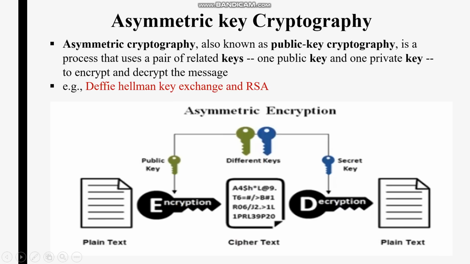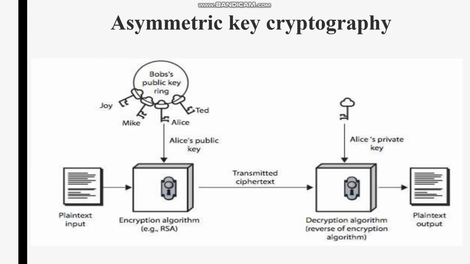Now, how does the receiver obtain the plain text back? He needs to perform decryption. While performing decryption, the receiver uses the private key, which is known only to the receiver. The receiver gets the ciphertext, performs decryption using the private key, which is known only to the receiver, and gets back the original plain text. Let us understand this with one more block diagram.